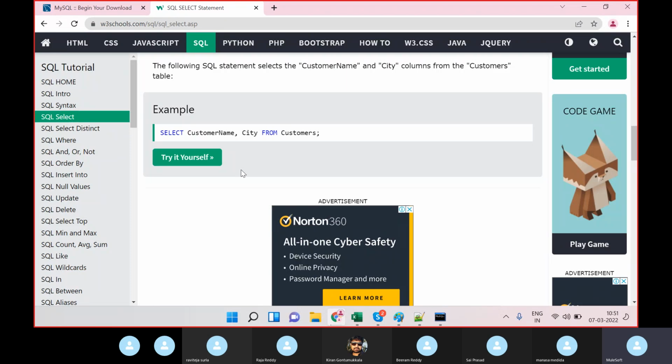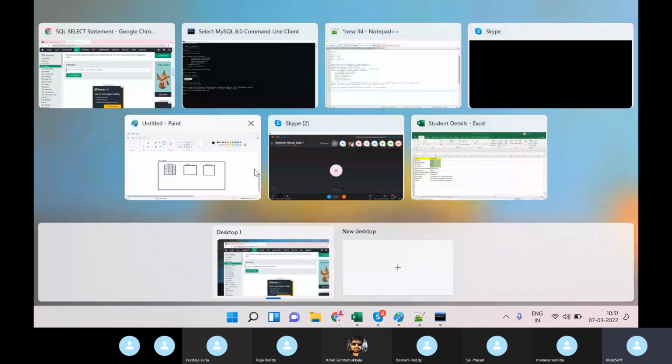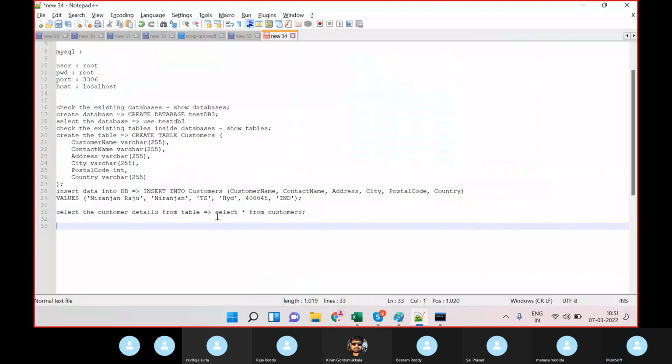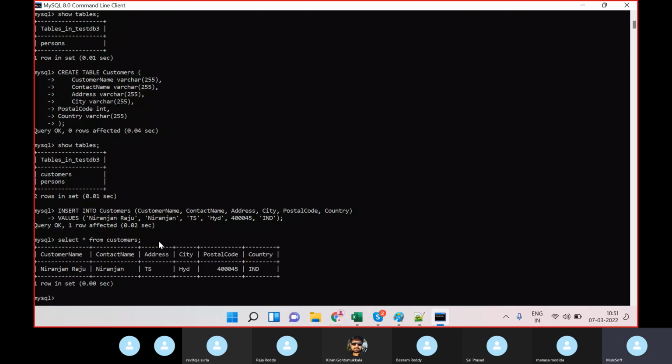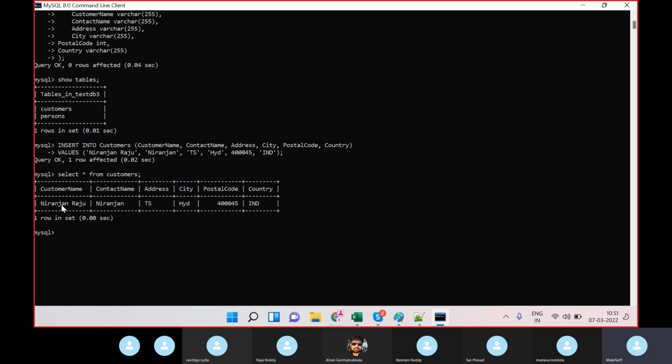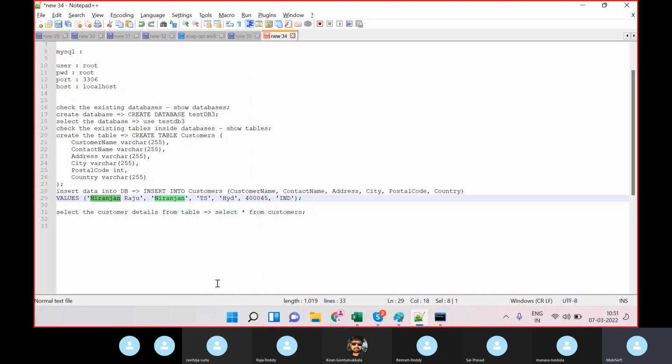So as of now I'll place select star from customers. Okay, select star from customers, control C. We'll go to the command prompt, shift insert, enter. Now you can see I have my details, customer name, contact name, address in this way. Okay, so here if I want to insert one more detail, how can I insert? Simply I can edit this query like